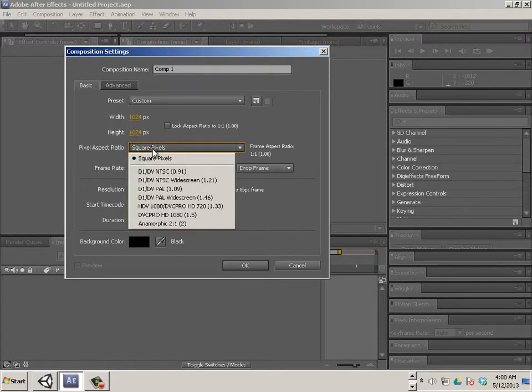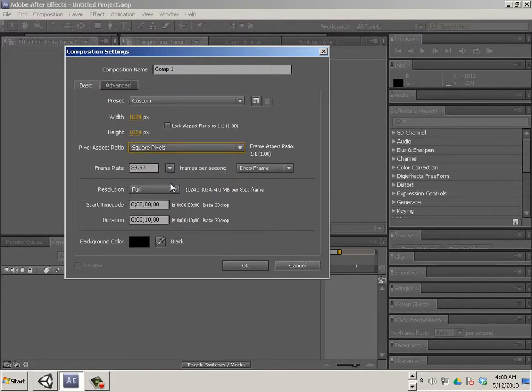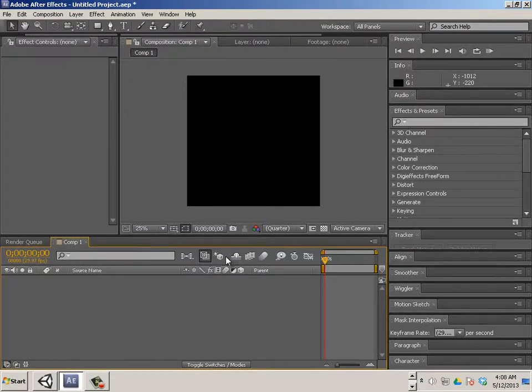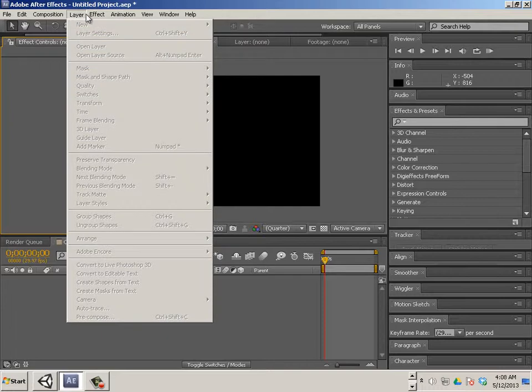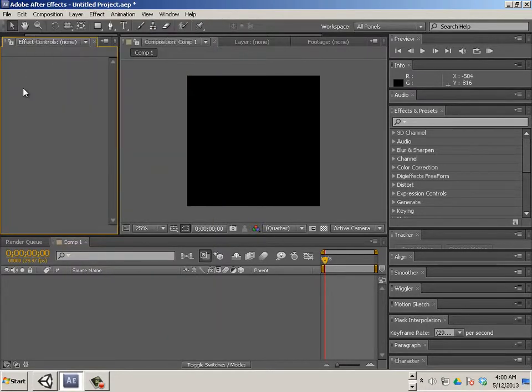Okay, we will definitely want square pixels, full resolution, and I'm just going to leave this at 10. Alright, cool. Okay, next we need a new solid. So,